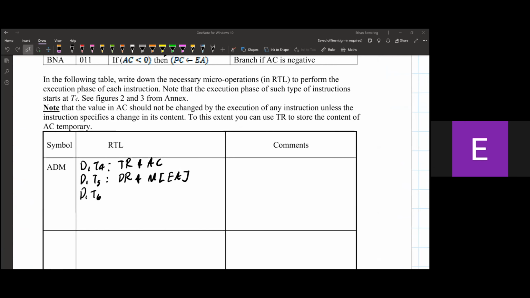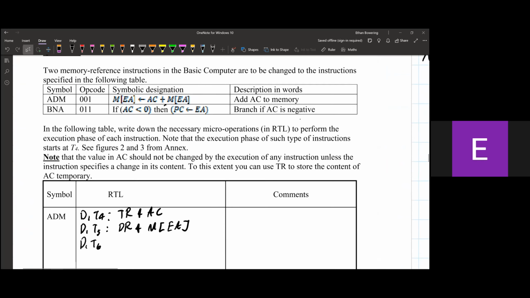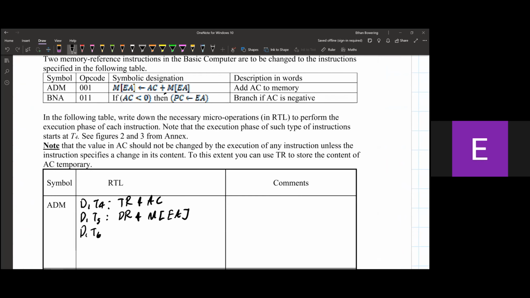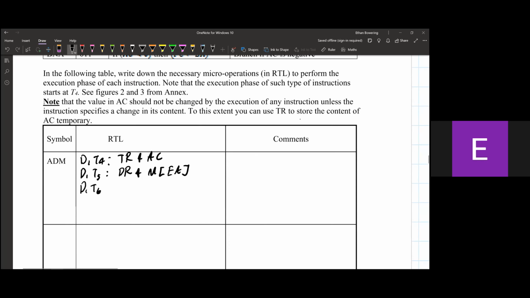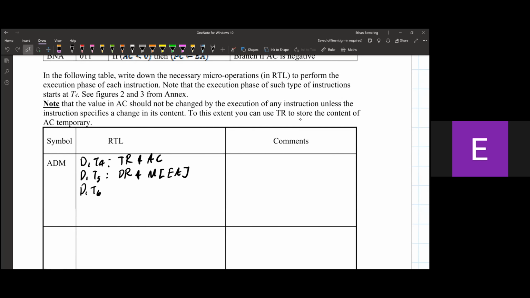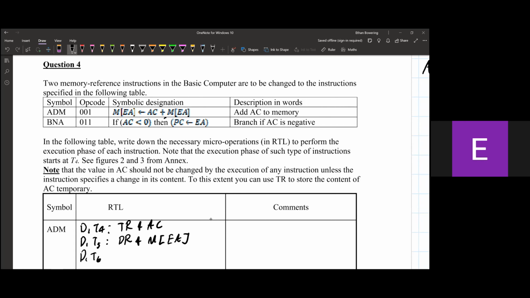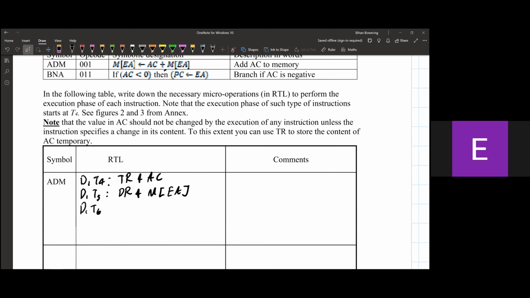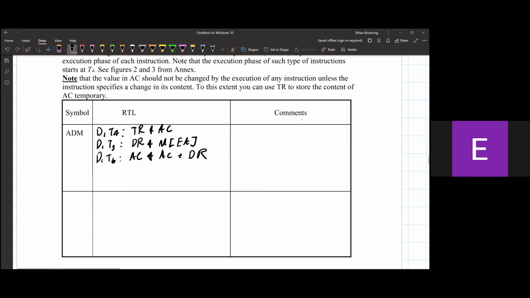All right, why are DT1 and DT5 different in the annex? Okay, so as I said, we are making new instructions. So we're completely replacing the opcodes at DT1. We are taking whatever's there and scratching it out because we are making a new instruction. We're replacing these instructions with these. So D1, T6. It looks like my printout got a bit messed up here, but what's going to happen is we add AC plus DR